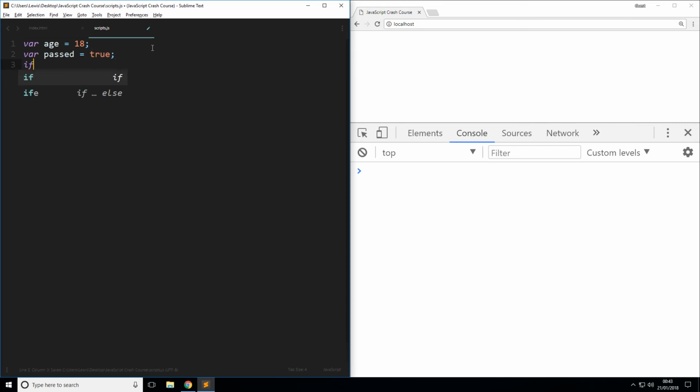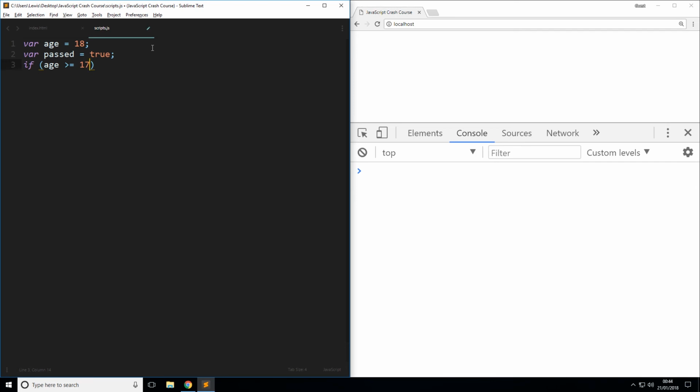Now an if statement starts off by saying if, it's then followed by two brackets, and inside of here you can put your arguments. So the first one that we're going to do is say age is greater than or equal to. We're going to cover more of these operators a little bit later on. In the UK you need to be 17 years old to drive a car on the road. So if age is greater than or equal to 17,